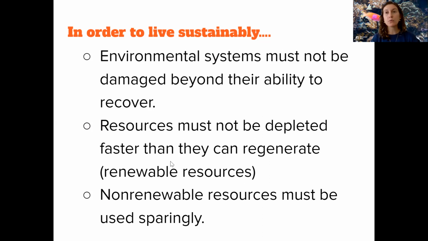When we get into resource usage in terms of energy, we want to make sure that we're using them in a way that doesn't ever exceed the replenishment rate. All resources are replenishable, it just depends on that time scale. So renewable versus non-renewable, there are differences in how fast those systems and resources can regenerate and replenish. We want to make sure that our utilization of those doesn't exceed how fast it takes for them to come back. Otherwise, we end up in a deficit and we end up losing those resources.